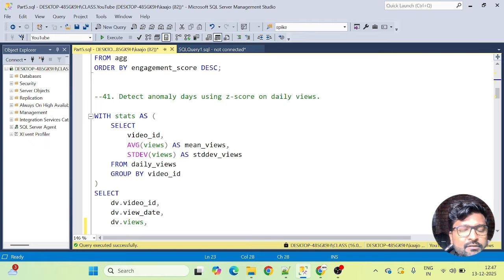Let's say you had a video that was published today on 13th of December, and you want to track its popularity, like let's say from 13th till 20th of December. So what you can do is, for every day, the 13th, 14th, 15th, 16th, 17th, 18th, 19th and 20th, for all these 7 days you're going to have some views on that specific video. Now there will always be a mean of views, an average of views, for let's say the next 1 week.